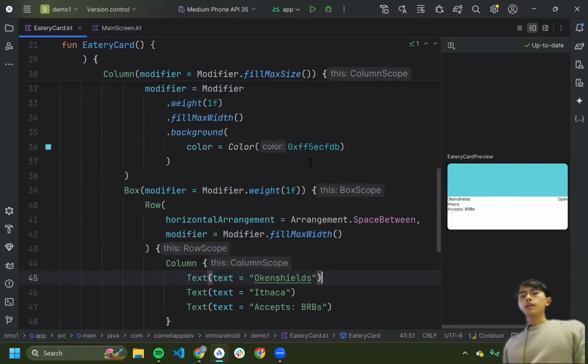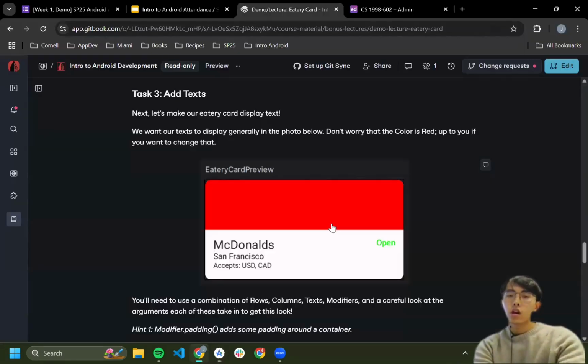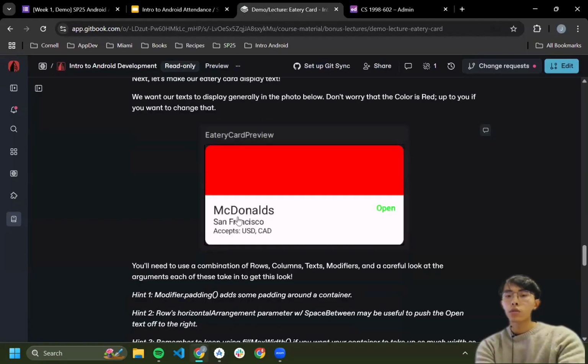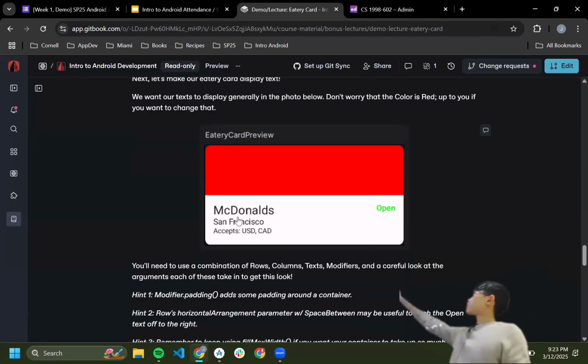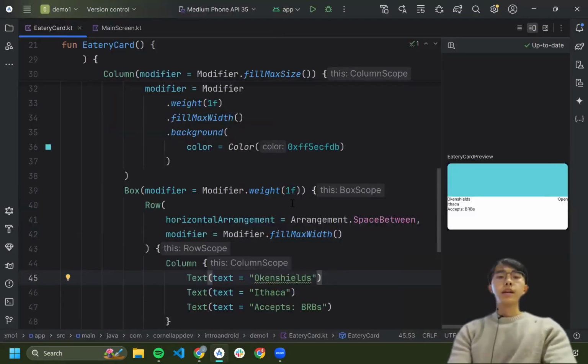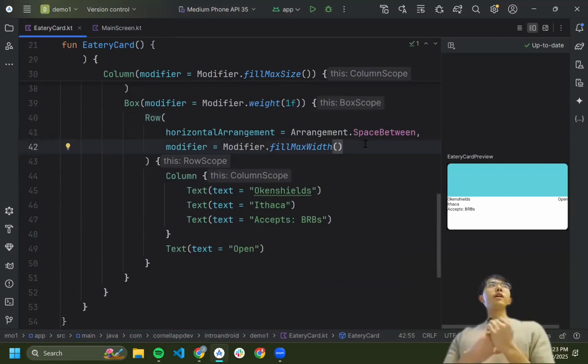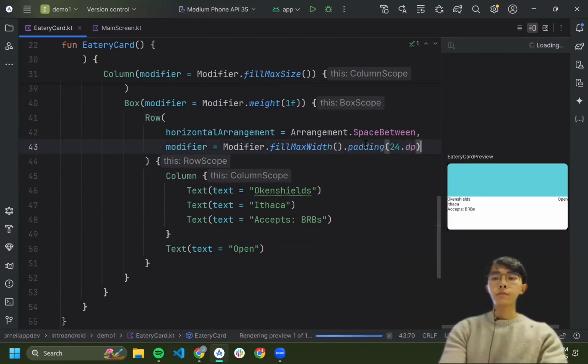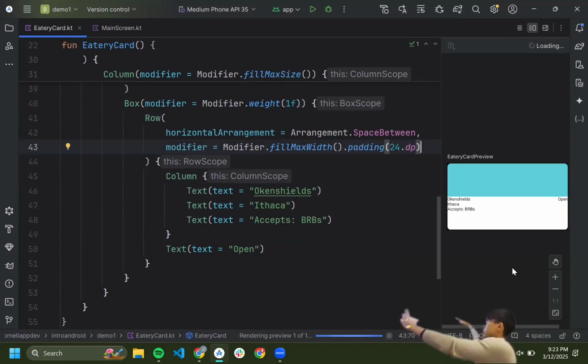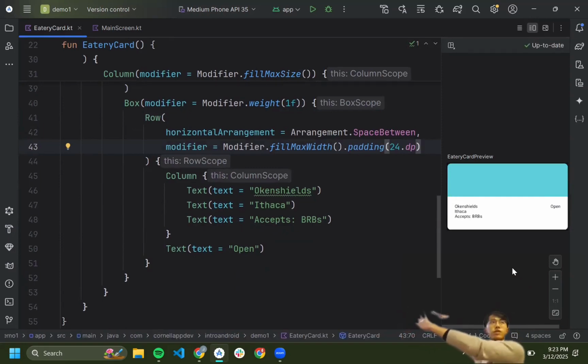I think one thing next that we can look at, if we go back to our picture here, we see that there's a good amount of padding around the entire row that we have. And something nice about composed components is that you can apply modifiers to more or less any component in your hierarchy. So if I just add some padding here, say 24 dp, then you'll see that most of the text elements will now move more towards the center, since there's 24 dp of padding all around the elements there.